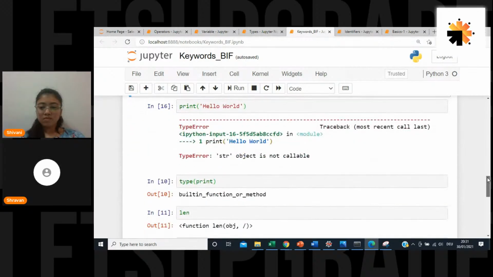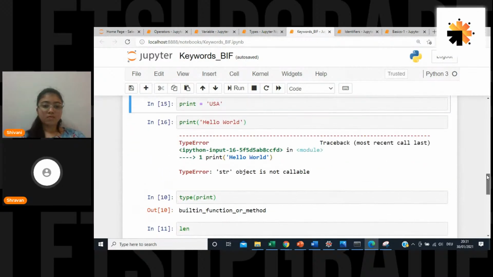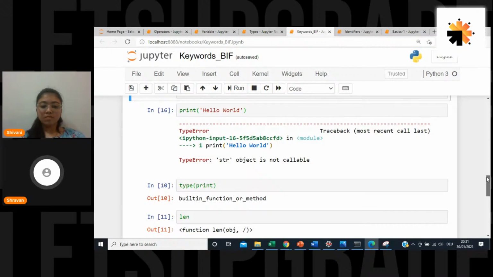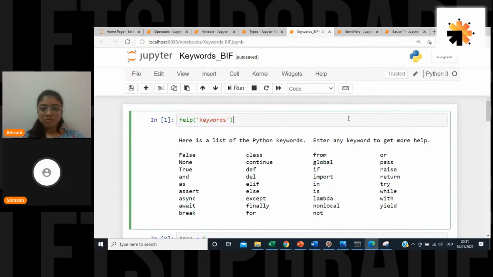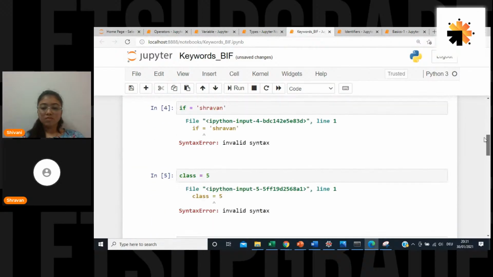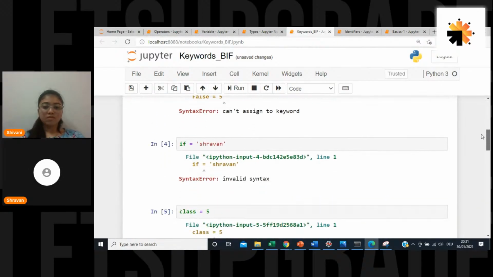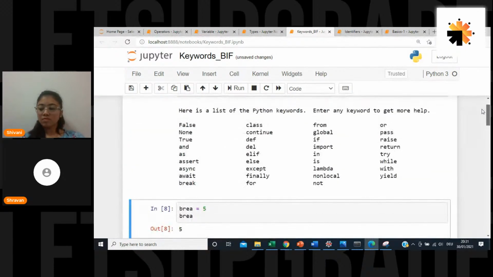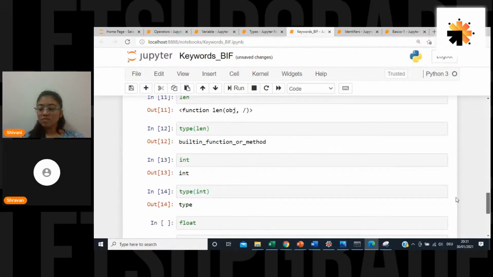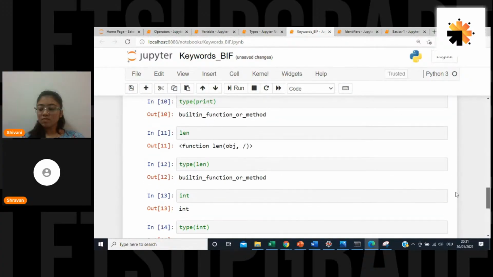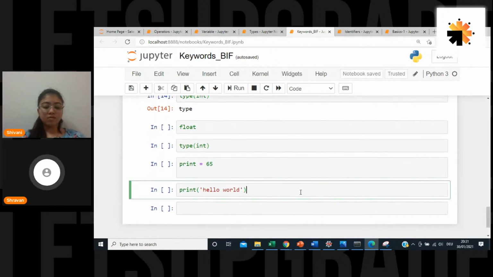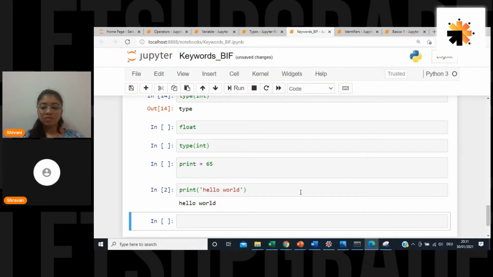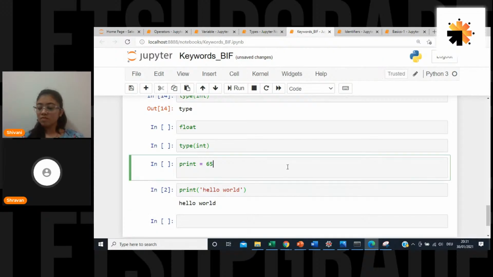So this is what we have seen, right? Now the print function has been lost. What I did is I restarted my kernel, so now everything is afresh. I will just go ahead and use print. Now if I go here and run it once again, it is working. So this is a way of doing it, but we will see a few other things.